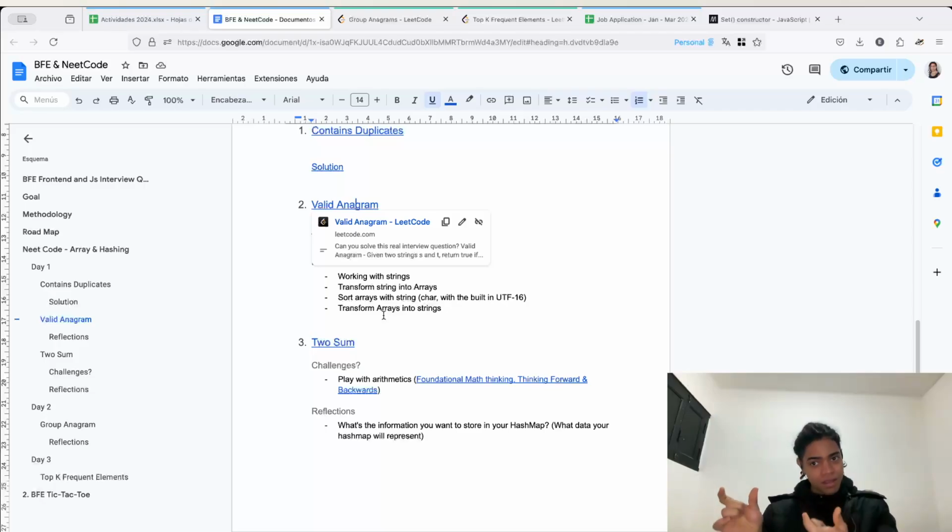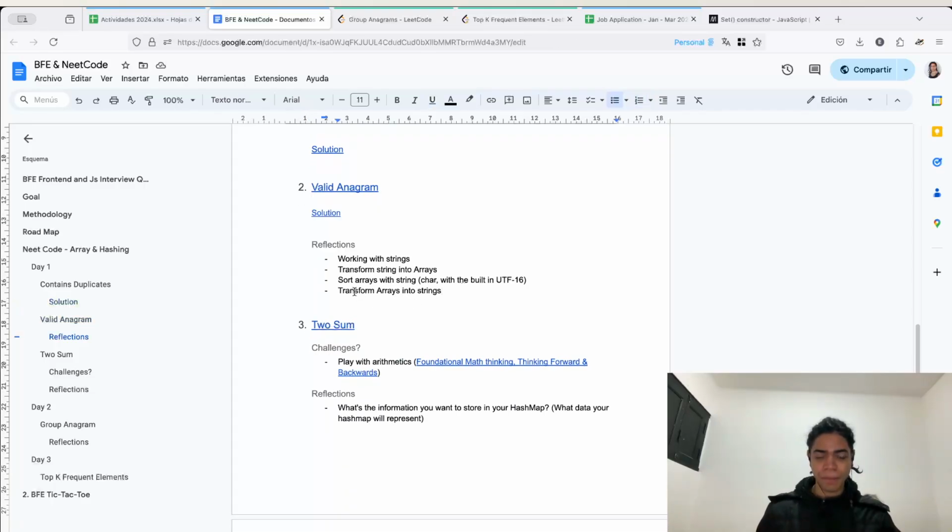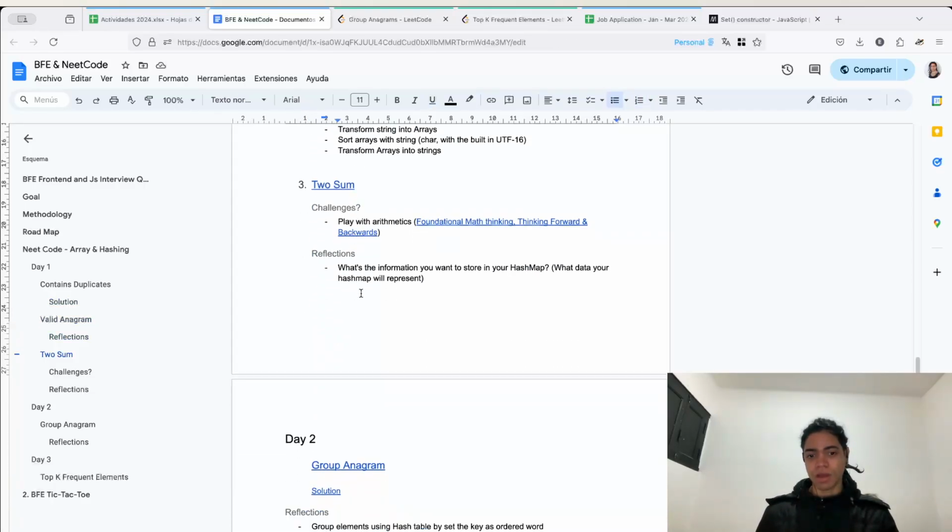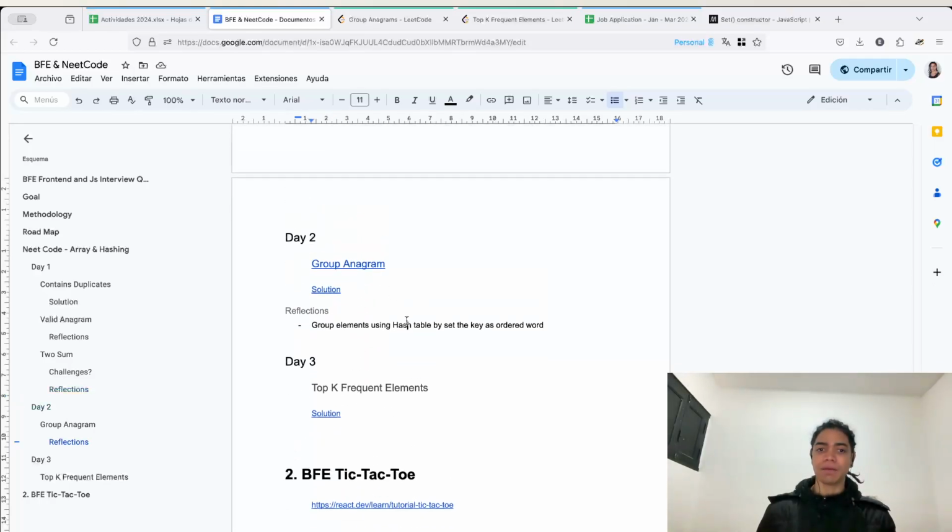The whole point is to see how you can work with strings, the basic building block of connecting all of this. And now with group anagram, given a collection of elements,